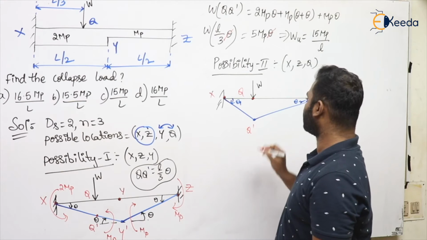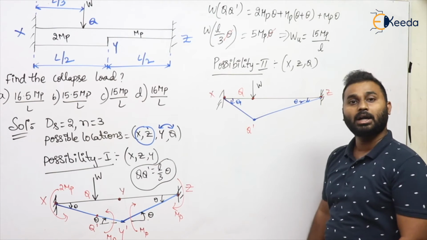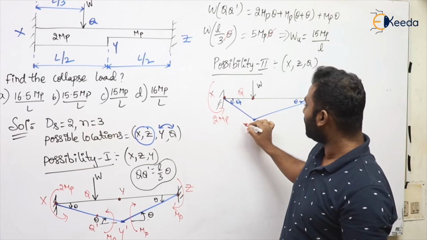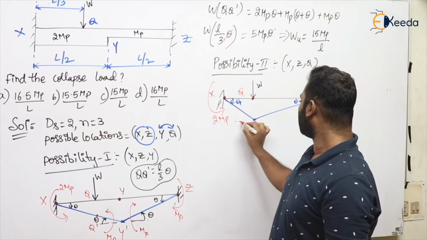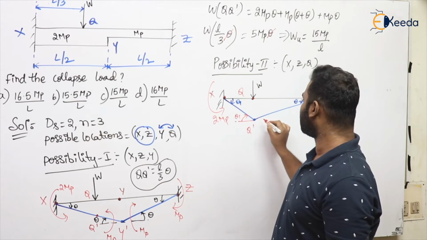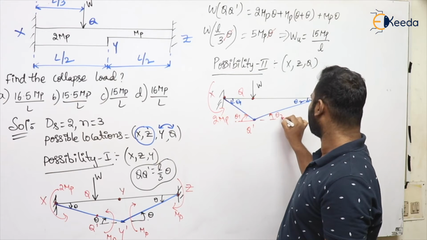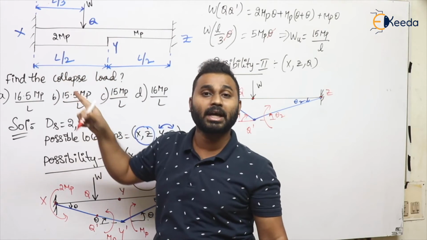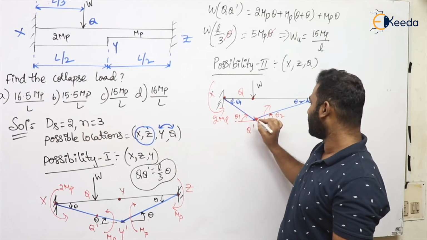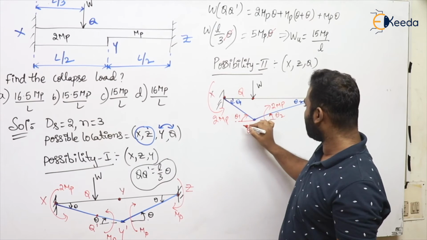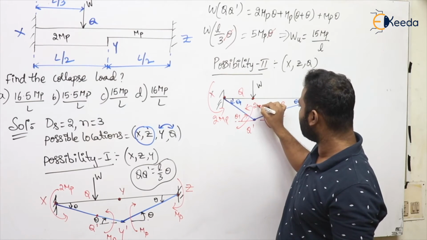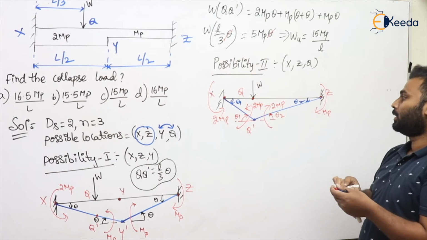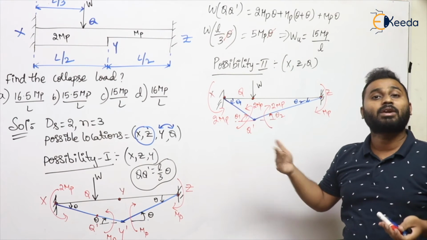Here it is Q dash. Wherever a plastic hinge is forming, plastic moment will develop at all the locations. Here the plastic moment 2 mp will develop, and here also. If you represent the angles here, this is also theta 1 and this is also theta 2, right? Here Q is within the span XY, therefore the plastic moment carrying capacity at Q is 2 mp, and here also it is 2 mp. Here it is simply mp.